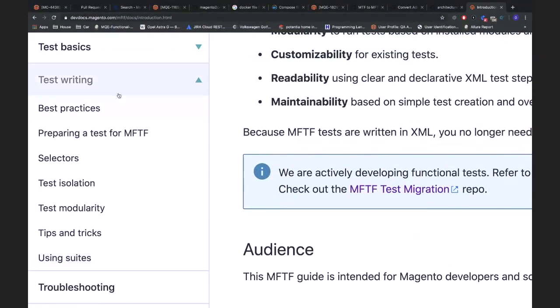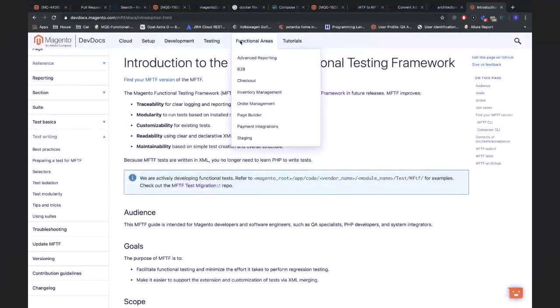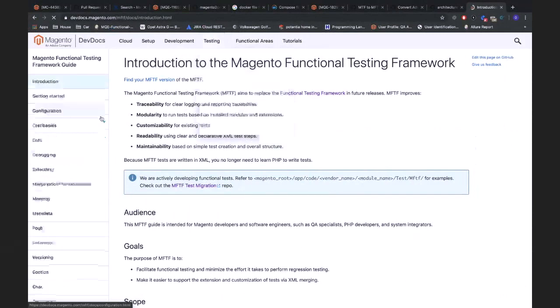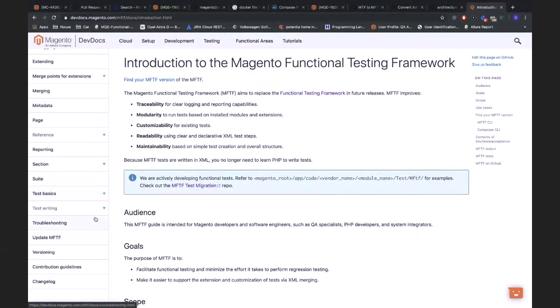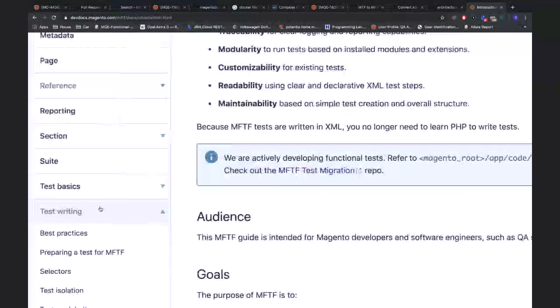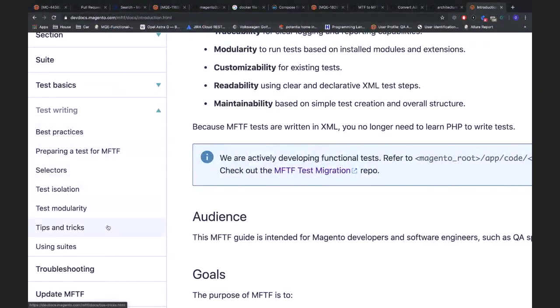Yeah. If you go to Magento DevDocs, please always go to this functional acceptance testing MFTF, because this is the most recent, the best document. Ignore this functional testing, just never try to open this page. Go always to MFTF, and right here on the right section you will see test writing, and here you will have very useful